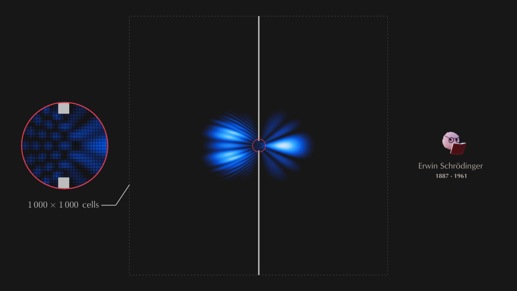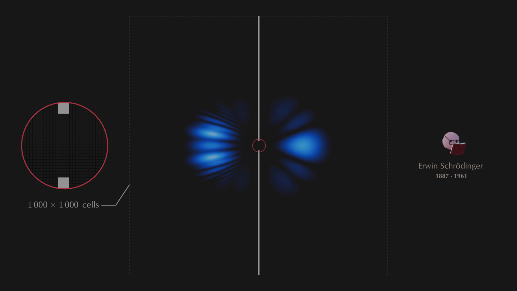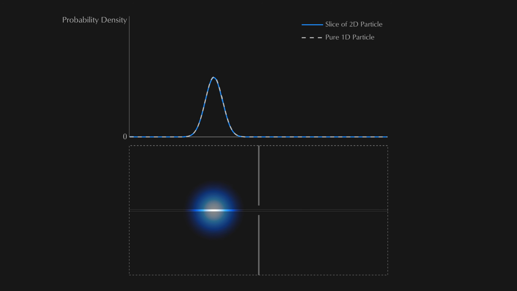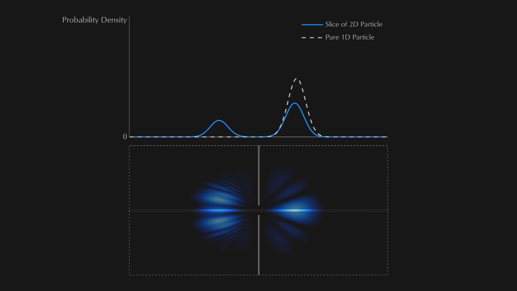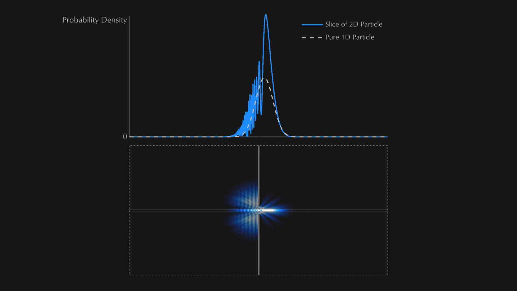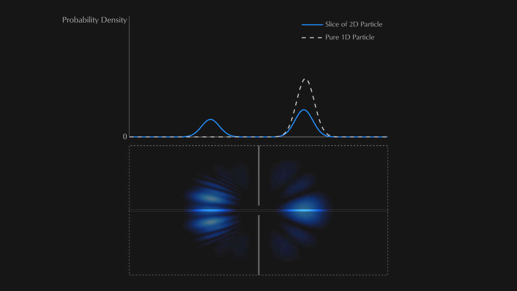You may think the problem is now simply that we need too many of these cells to fill up the fluid volume, but it gets even worse, by orders of magnitude. Look at this. If you look at only one slice of our 2D plane, we cannot explain why the wave suddenly behaves differently compared to a particle that lives in one dimension. We don't see the walls in this slice. This inference has to be provided by neighboring slices. Likewise, if you look at only one cell, we have absolutely no idea why it does what it does. Everything is coupled through the evolution of one underlying wave function, and neighboring cells have to tell us what's going on over there.